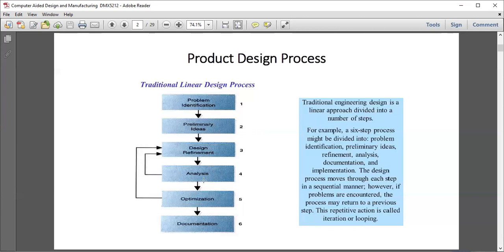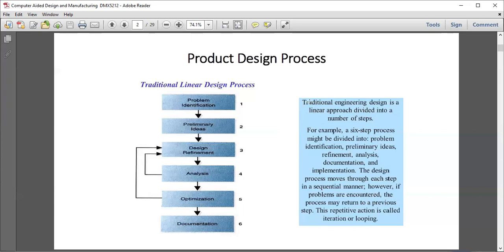After that, if this is the tabletop, we can apply load here and here at various positions and see the strength, or the load carrying capacity, of the legs. So actually we are designing the legs and the tabletop. After that, we need to optimize, and optimization means we are trying to reduce the material usage. If this is a tabletop, we can identify the optimum thickness of the tabletop. So we can apply loads here and see whether the tabletop deflects. The same way we can use design analysis